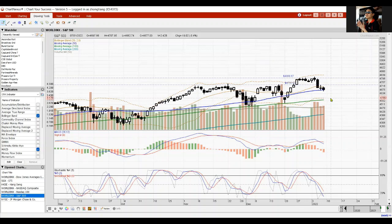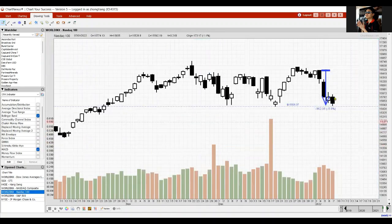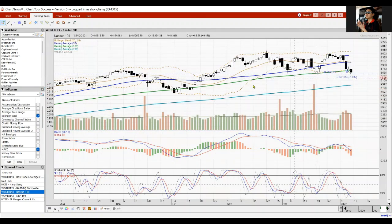Now, the tech sector plays a very important part now for the S&P 500. So we shall take a look at Nasdaq 100 here. If you look at Nasdaq 100, after a fantastic start to 2022 with a positive close, it was sold off 5.8% to hit its major support level at 15506. Now, if I turn on the indicators, you'll see that Nasdaq 100 right now